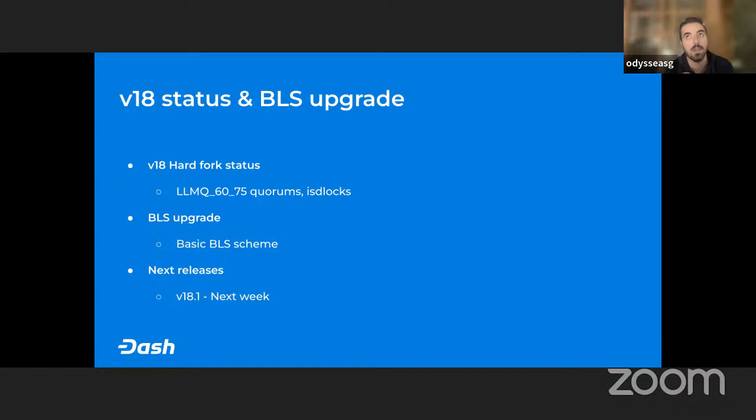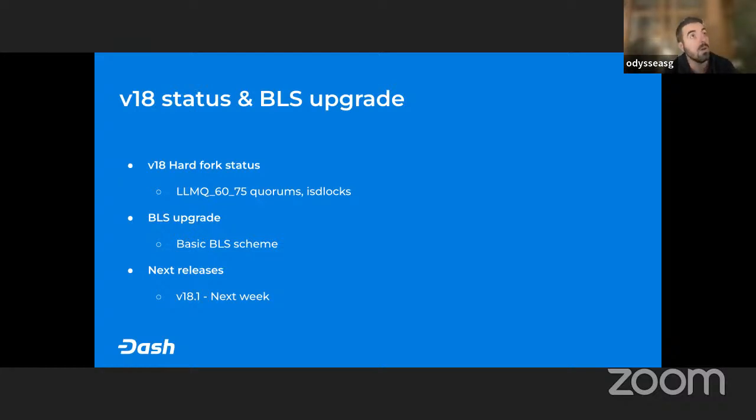As you understand, this means we are going to have a new fork, since the scheme used for signing is going to be different. But it turns out that only the serialization of BLS objects is affected by that new scheme.